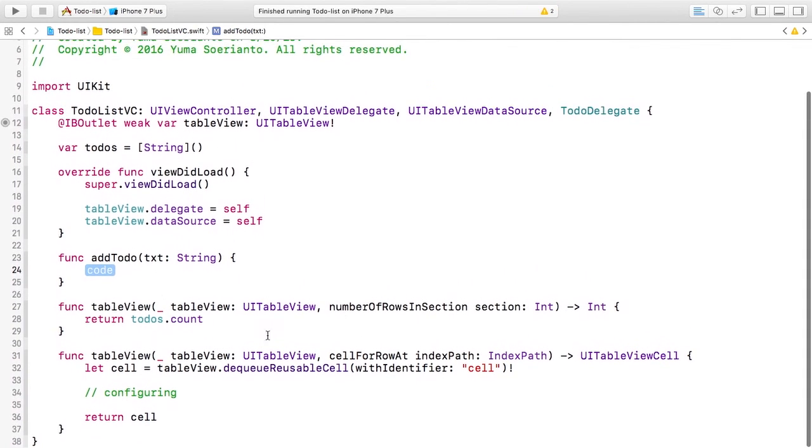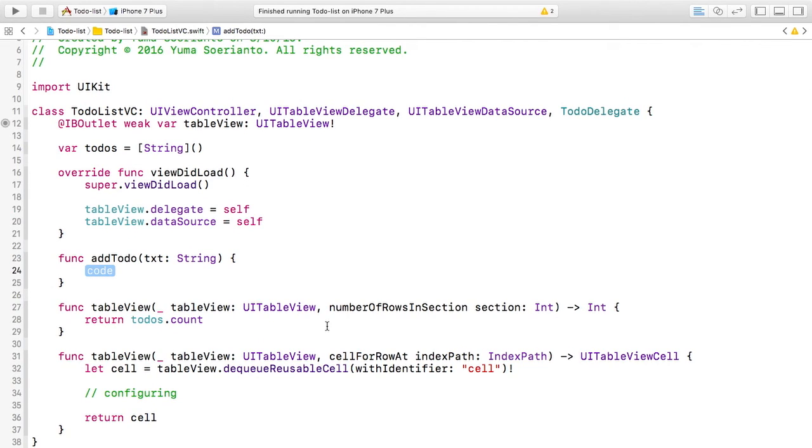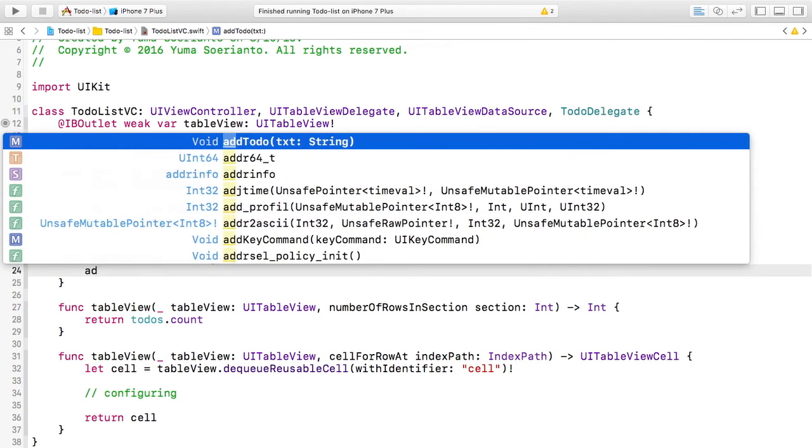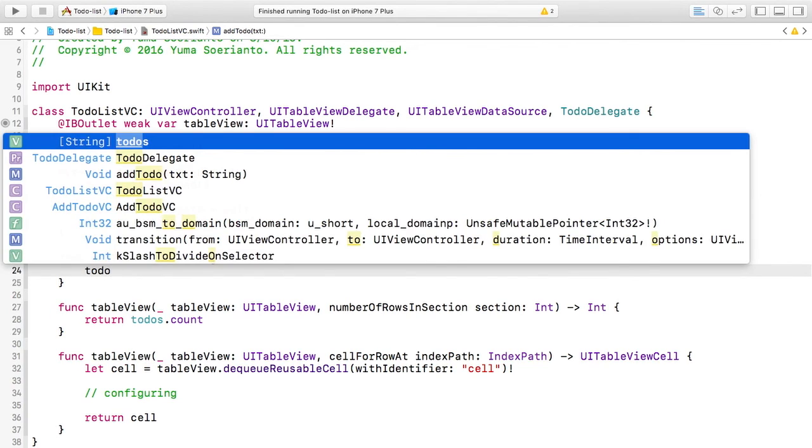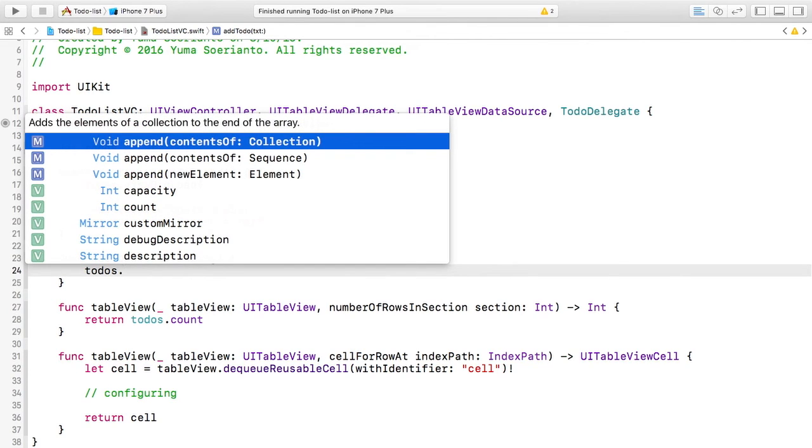So what we want to do here is add an item to this toDos array. If you're familiar with another programming language, you can add stuff to a to-do list and remove stuff. So we want to add stuff. So toDos.append,